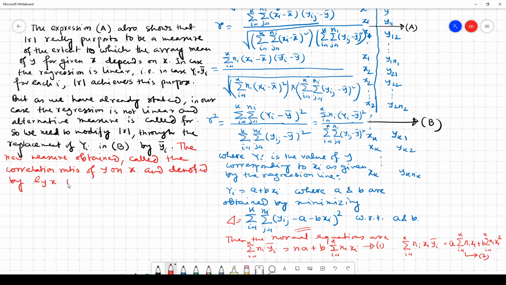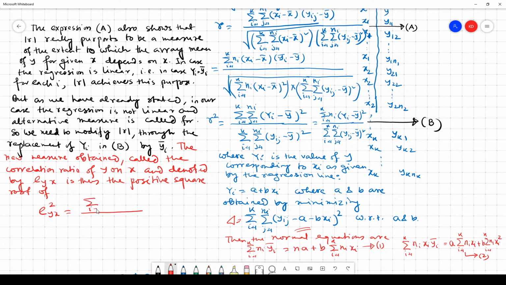It is thus the positive square root of EYX square,